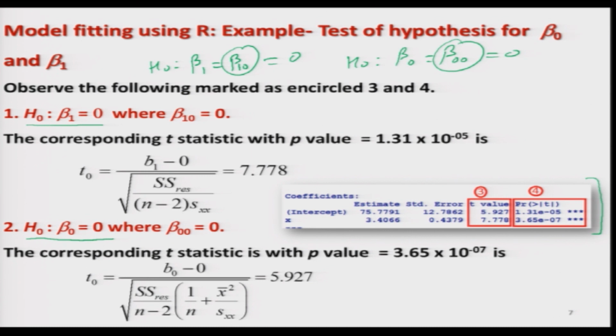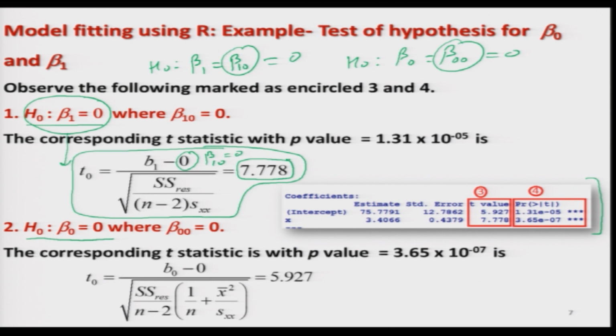At this moment, my objective is to show you what is happening in the R software. Whenever you consider the outcome of any software related to linear regression analysis, usually they will give you the outcome of the null hypothesis where the corresponding parameters are equated to 0. Right, something like H naught: beta 0 equal to 0 sometimes and beta 1 equal to 0. We remember that when I want to test H naught: beta 1 equal to 0, we had considered the test statistic beta 1 hat minus beta 1 0, which is equal to 0 here, divided by the standard error, and the outcome of this statistic, which is 7.778,